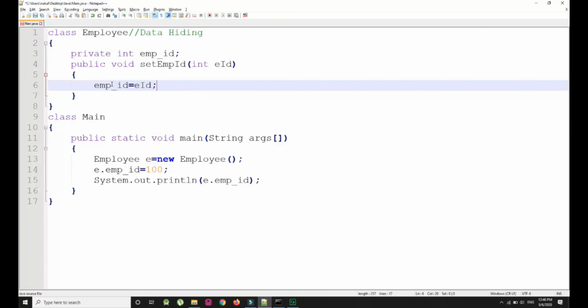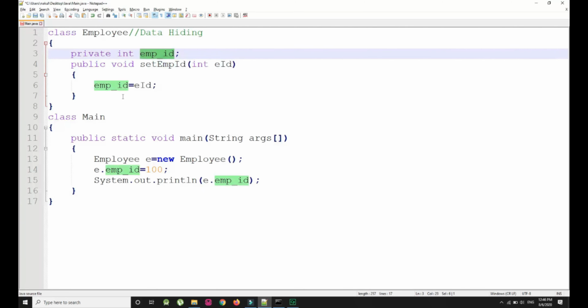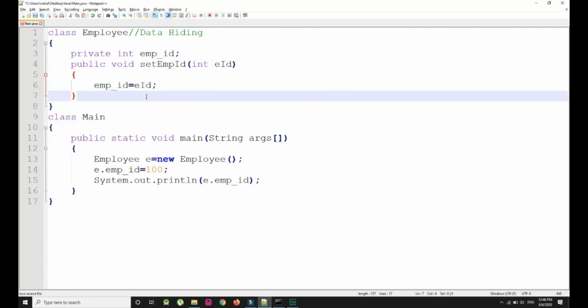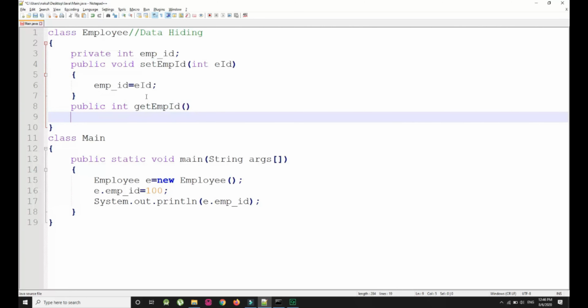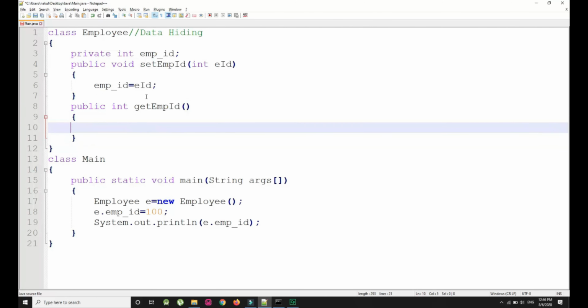By using this setter method, we can modify this private variable. And if I want to read this value, I am going to create a getter method over here, which is public int getEmployeeID, and in this method I return this integer variable, which is employeeID. So this concept is known as encapsulation.